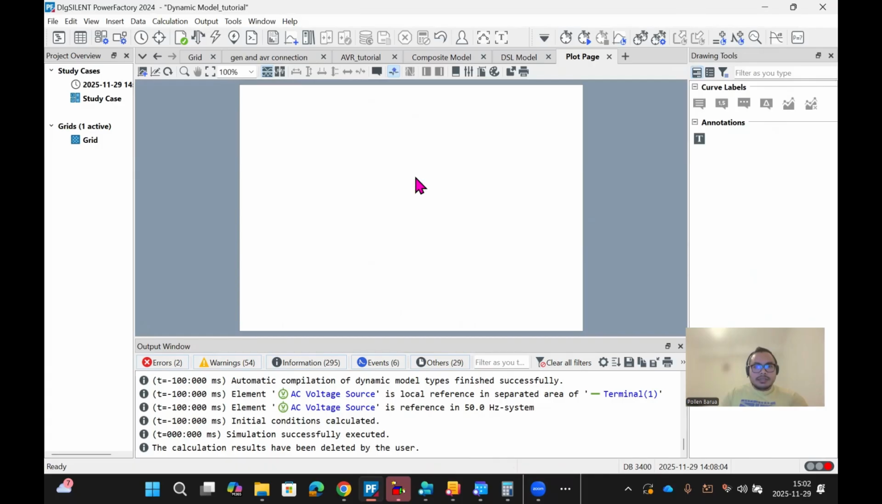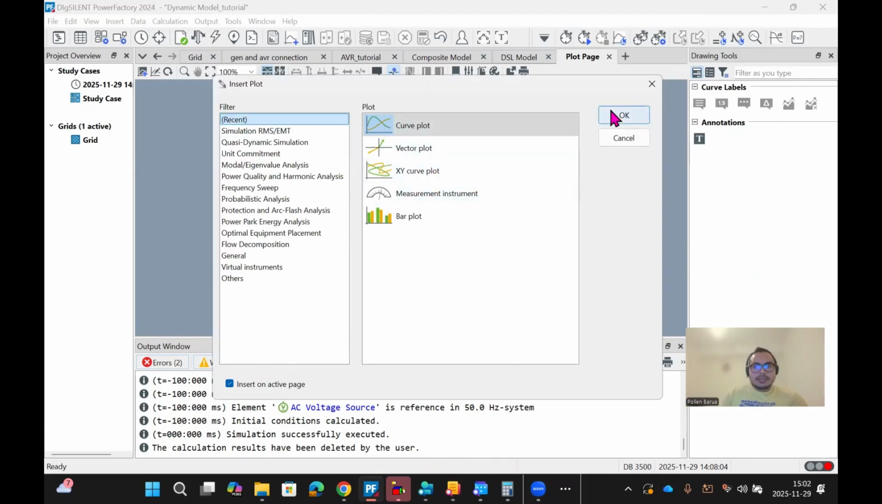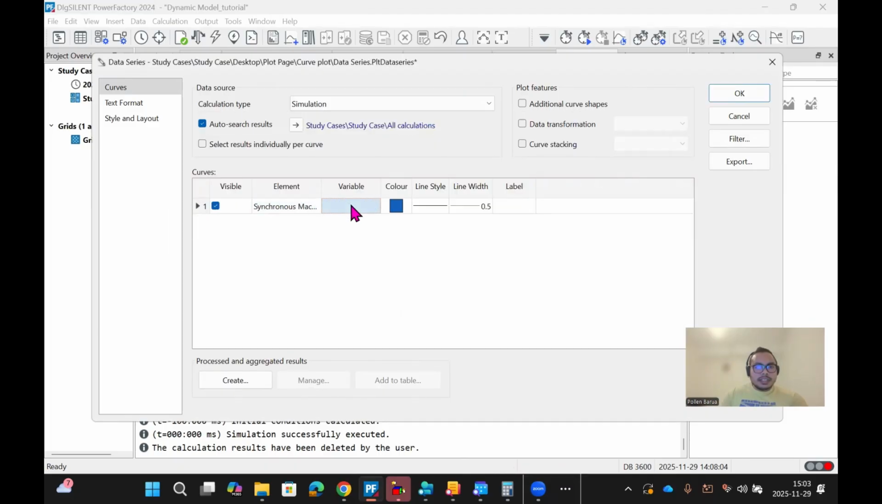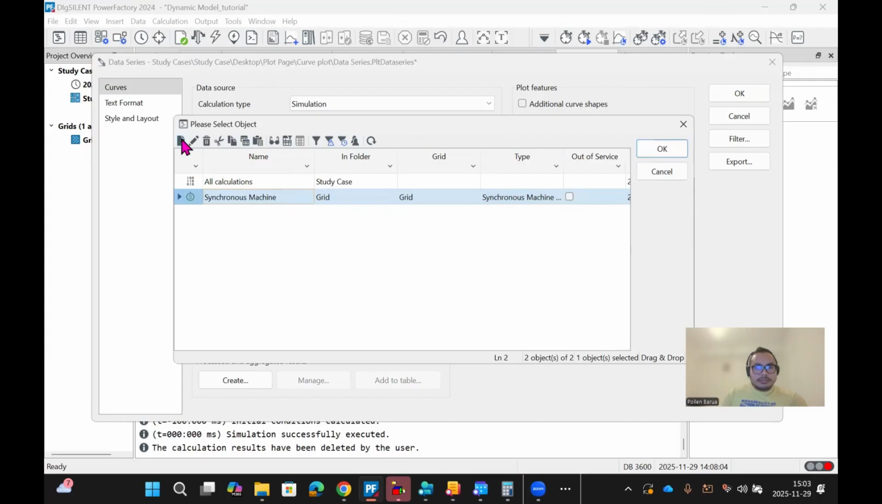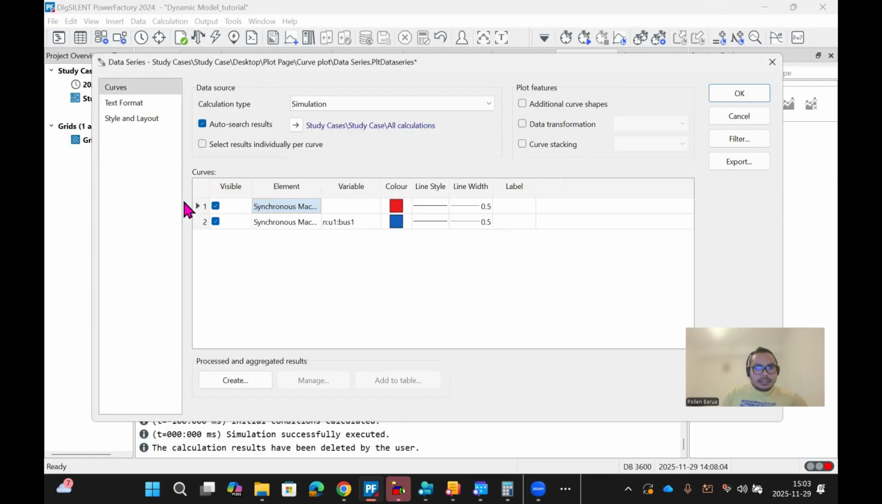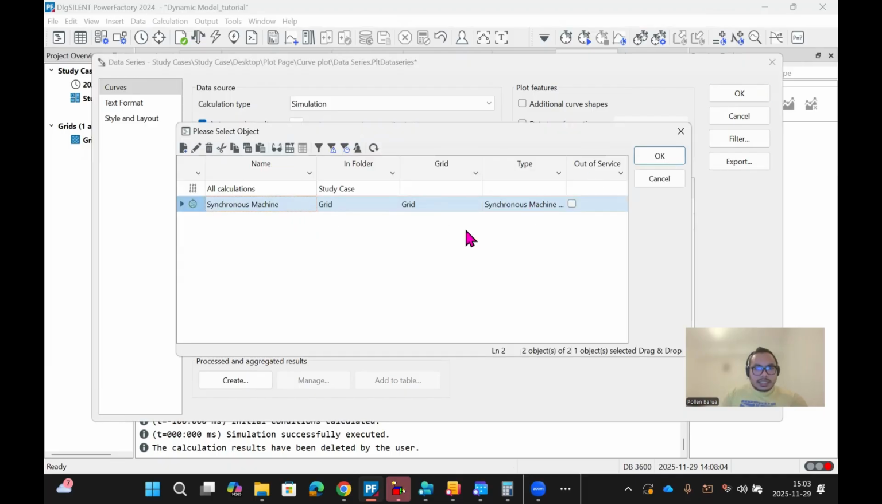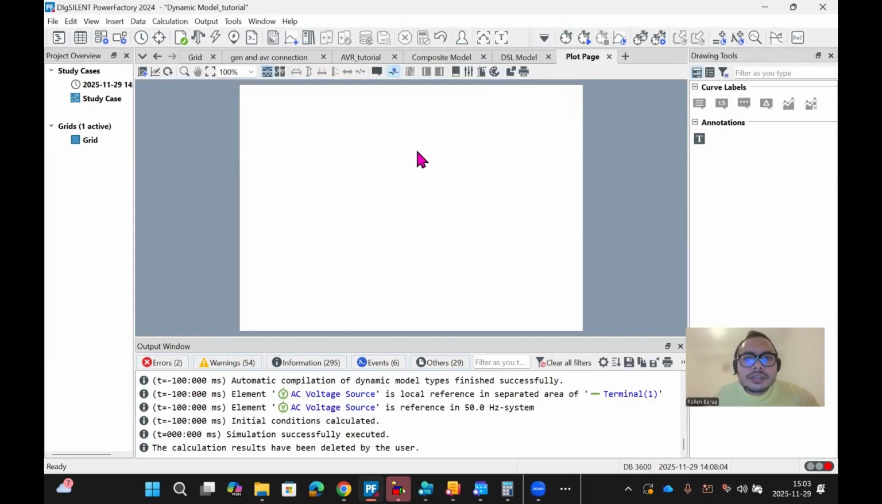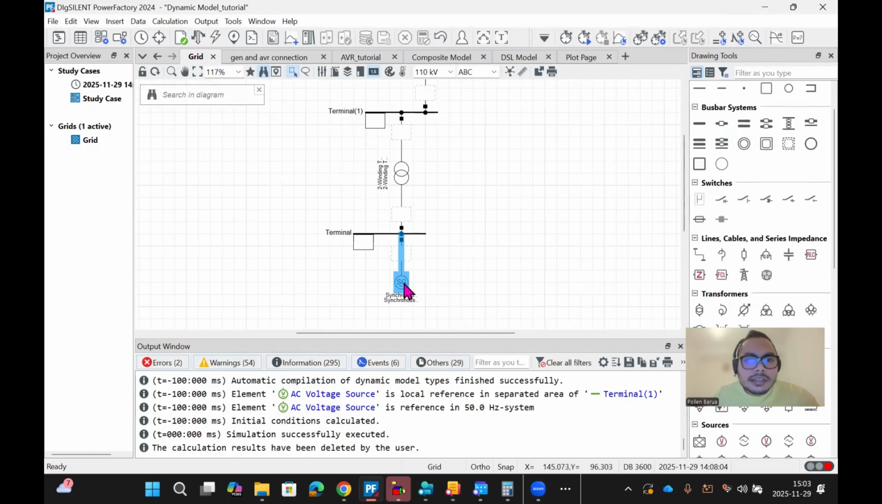So here, if we go here, insert plot, there is a card plot, okay. And here element synchronous machine and variable is positive sequence voltage, okay. And now we insert rows. Here we see that the AVR parameter is not declared. So we go here in the grid here, and